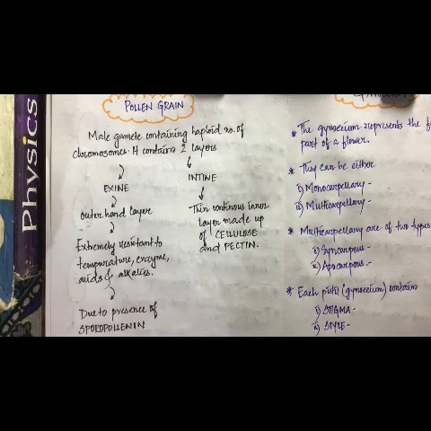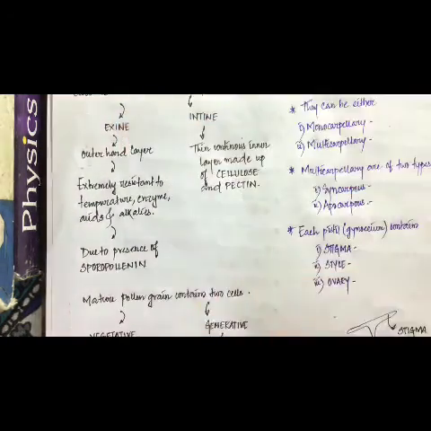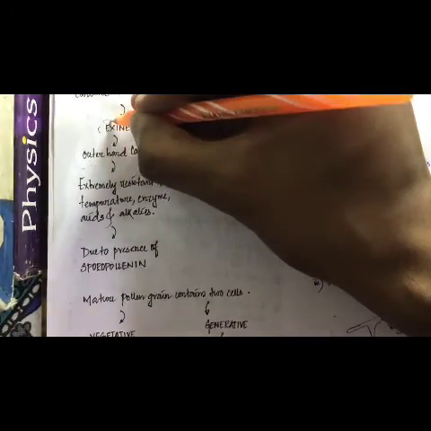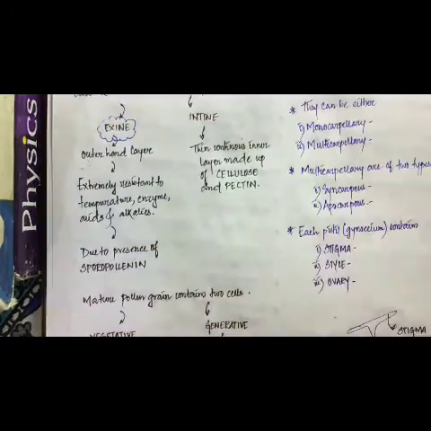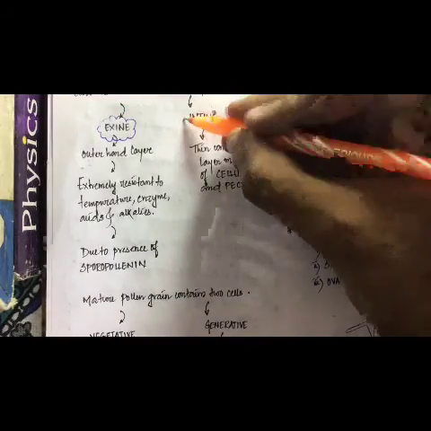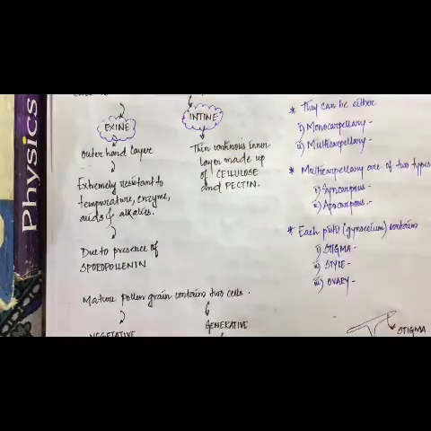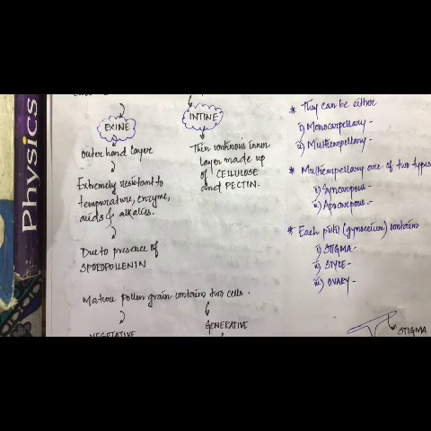So the male gamete contains a haploid number of chromosomes and it contains two layers, right? Very basic thing. I'll show you the diagram also, but before showing the diagram, let us make a small imaginary diagram inside our mind. This male gamete contains how many layers? Two layers. So what are the two layers? One layer is exine, and the other layer is intine. So these are the two layers of the pollen grain.